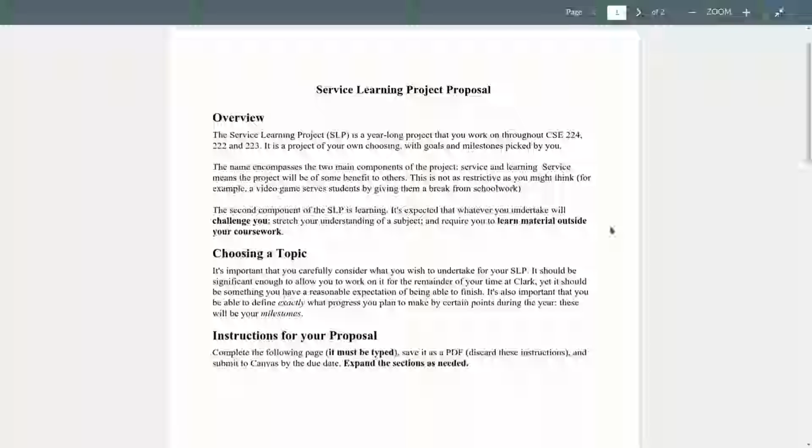And the first deliverable for the SLP is October 10th, and it's going to be a report that basically proposes what it is that you want to do. And this is not set in stone. This is a starting point, okay? Almost always, students end up working on something at least slightly different from their original proposal, okay? But you've got to have a starting point. You've got to have a first step. So this is a first step.